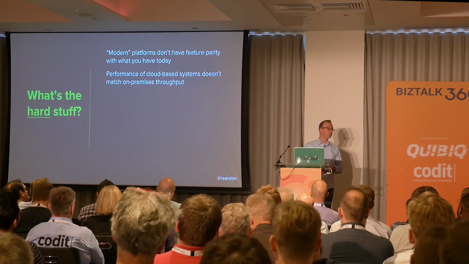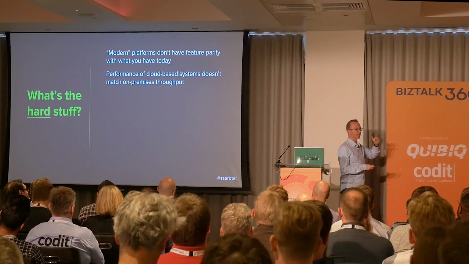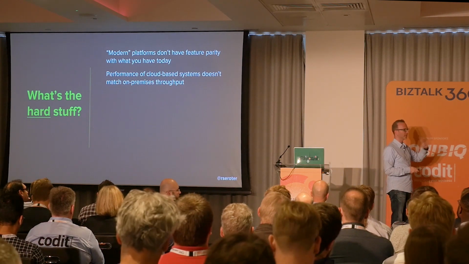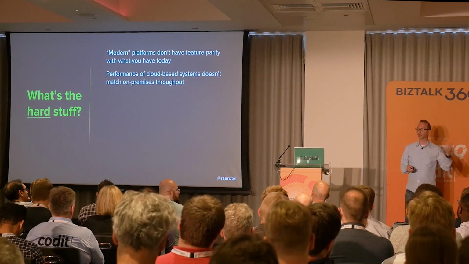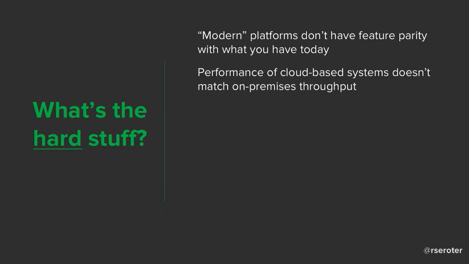Performance, are there limits? And I know there are. Things like Logic Apps executions that you can do in a day or an hour. Is that going to throw off your million-items-per-hour processing system you have through BizTalk on premises? If so, you might literally have a problem, right? So do you have the right sort of performance profile mapped to things in the public cloud if that's what you're switching to? If not, you might get a nasty surprise.